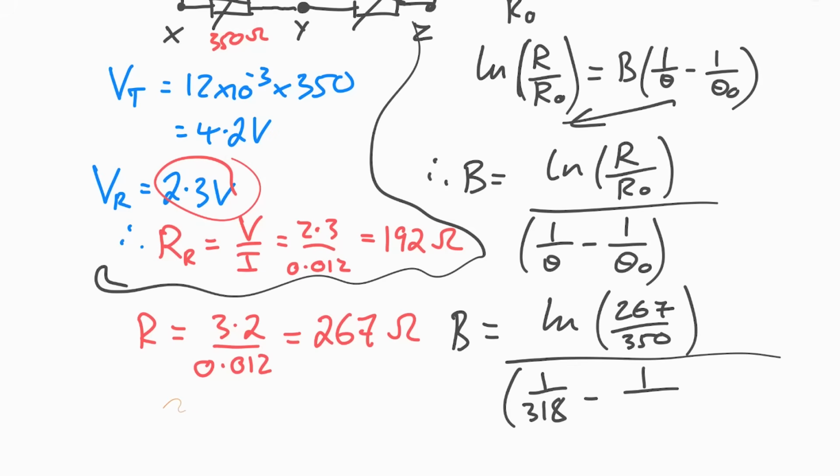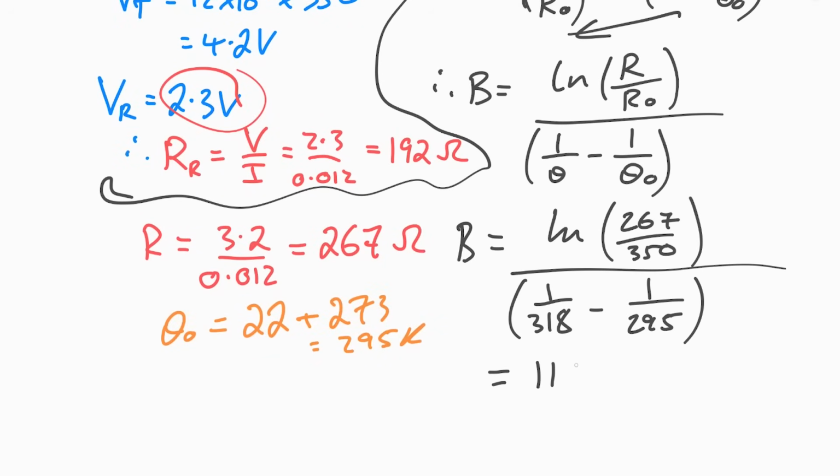So theta 0 is going to be that 22 degrees C, plus 273. So that gives us 295 Kelvin. Cool. And pop that all in. It's up to you whether or not you do that in a few steps or all at once. That gives us